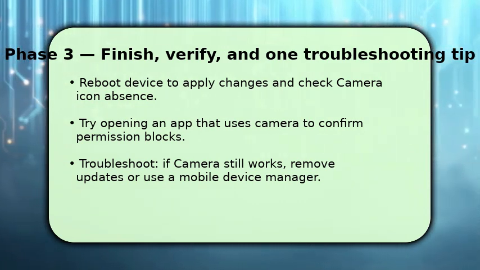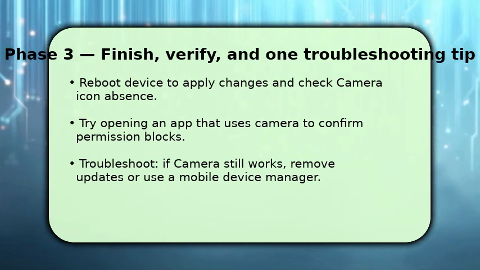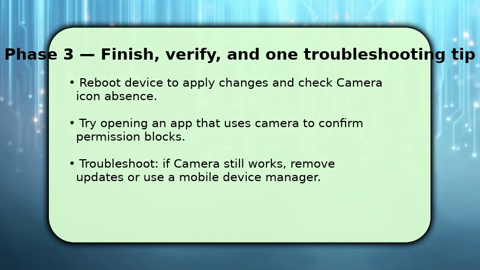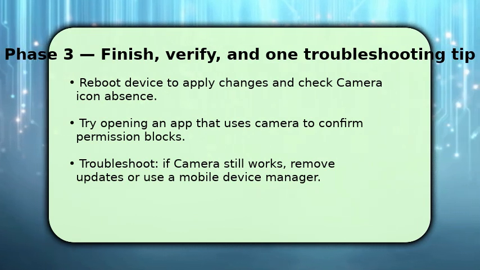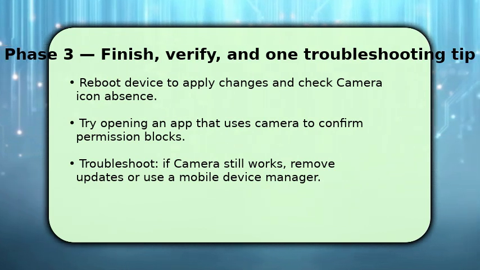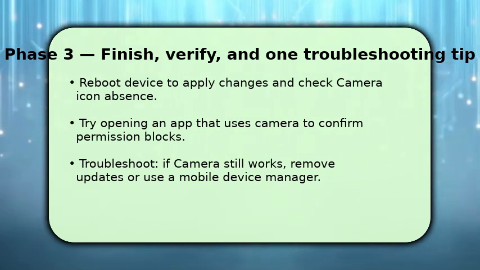If you still see camera functionality, make sure you actually revoked permissions and uninstalled updates. As a last resort, use a mobile device management profile or disable camera via admin settings. This solves most issues. If not, reset app preferences or